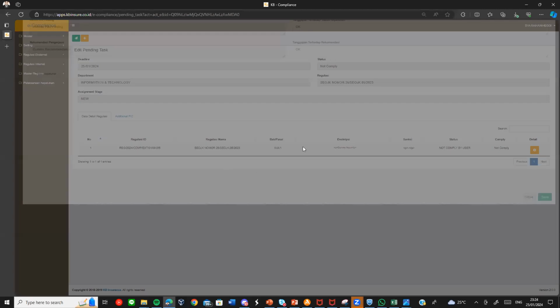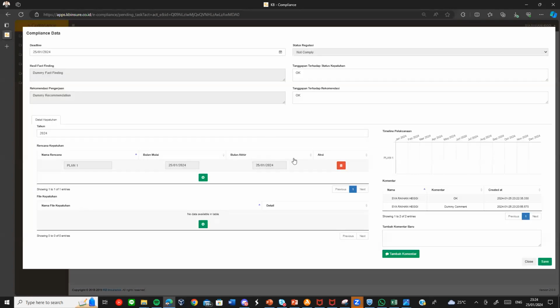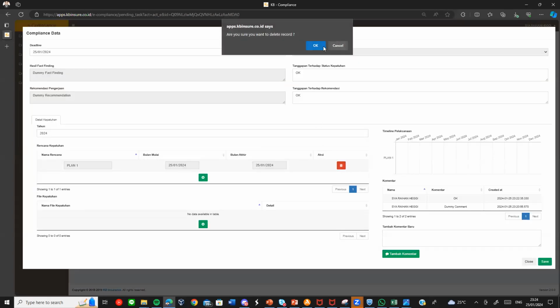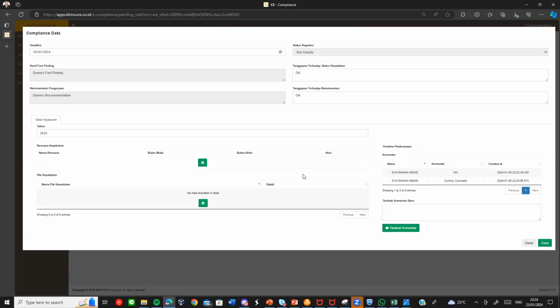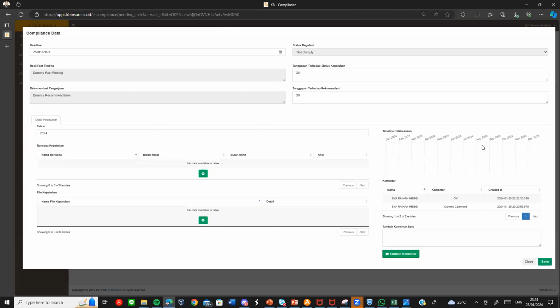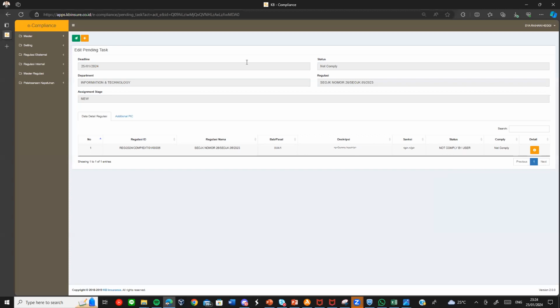We can remove that if we don't want to, and the data will be updated. If we are done inputting the data, we just remind the PIC of the compliance about the data already filled by us.